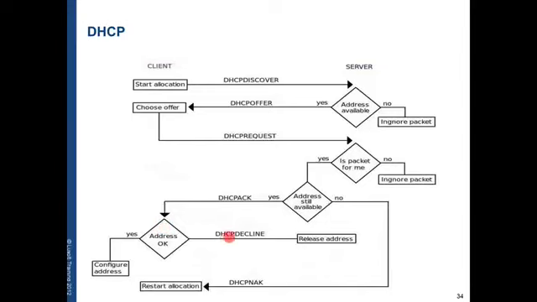So it replies to the server with a decline, and the server will block the address, will release it from the list of available addresses. It will block it, so it cannot be reassigned to another host, and it will issue an error message to the administrator. You can have this type of situation when you both have a DHCP server and you statically configure an IP.